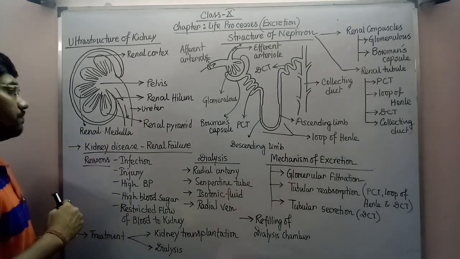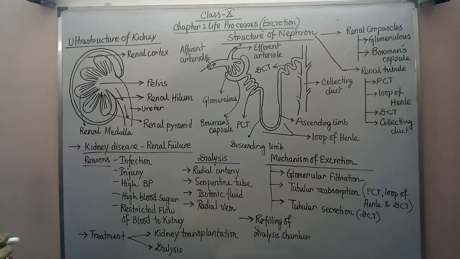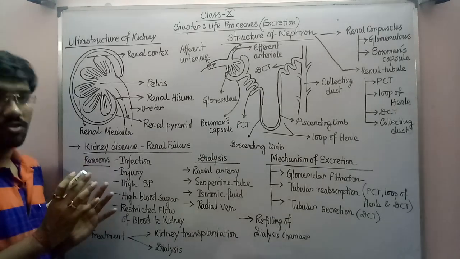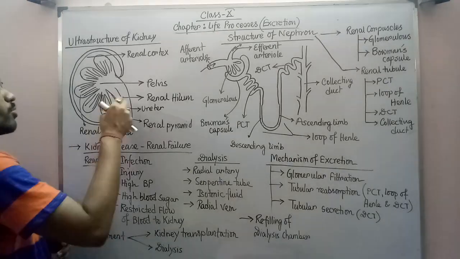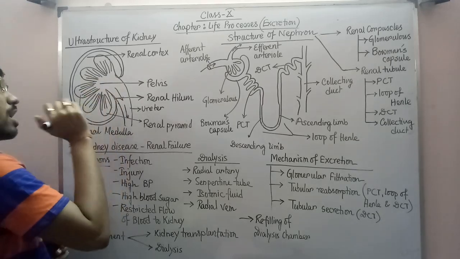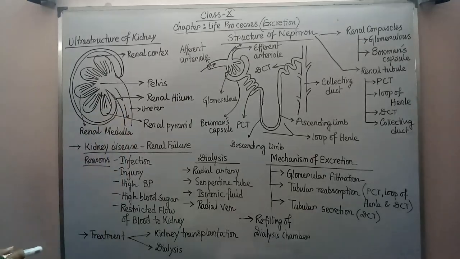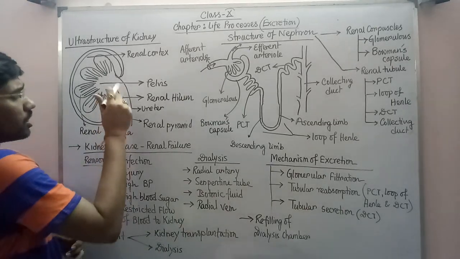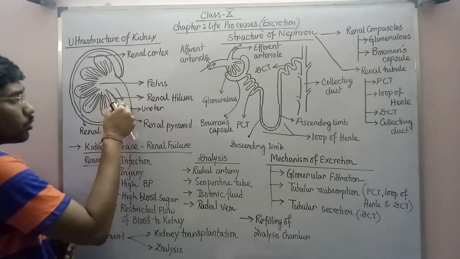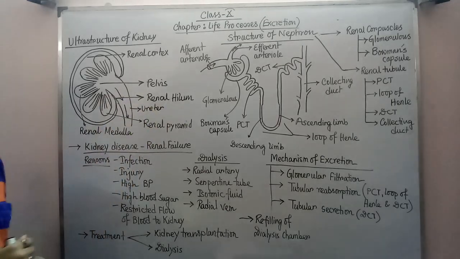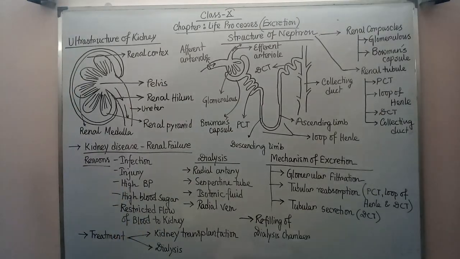Now if you see carefully, this entire kidney structure is almost a bean-like structure. I have already told this in the previous video. Another more important point is that the ureter joins with the pelvis region. For that there is a groove-like structure created at the junction of the ureter. The space present between the renal capsule and the ureter is commonly known as the renal hilum, a groove created at the junction where the ureter enters the structure of the kidney.